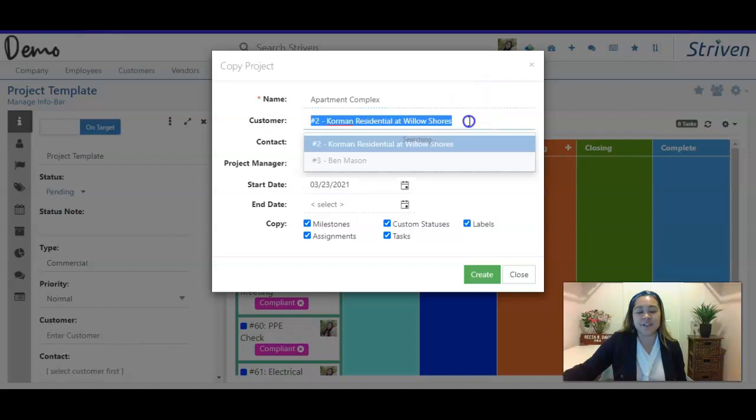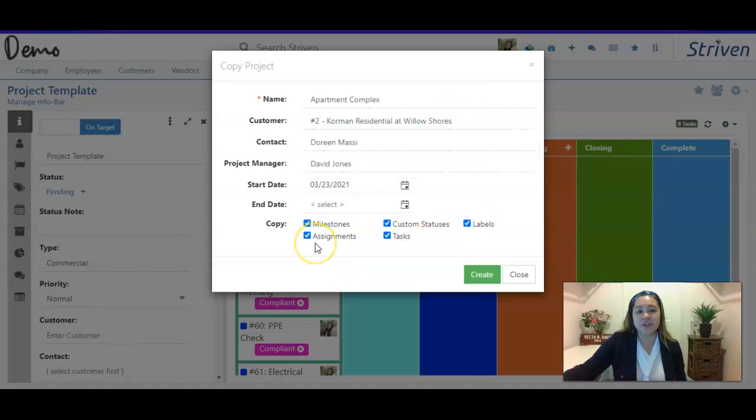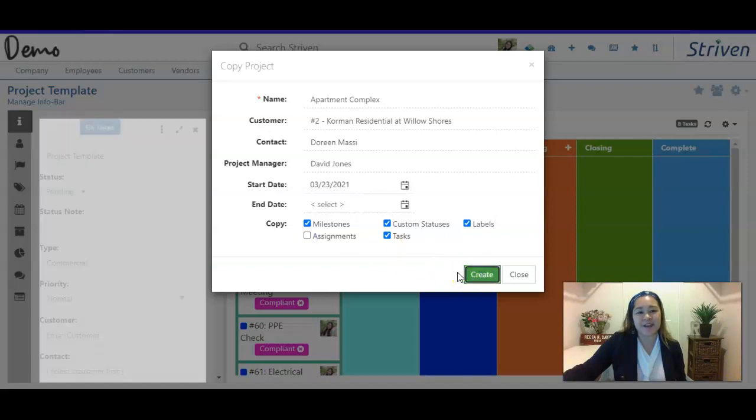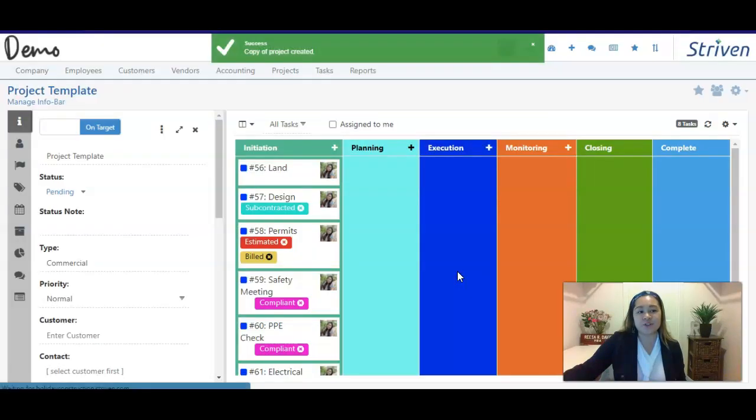You can fill out this information with these drop-down boxes. And then also, if you're working with the same crew over and over again for those residential projects, you can also attach those assignments. But if you're choosing a new crew dependent on that project, you can just unclick this button and then create the project from there. This will bring you into a new screen that will have the project already in the